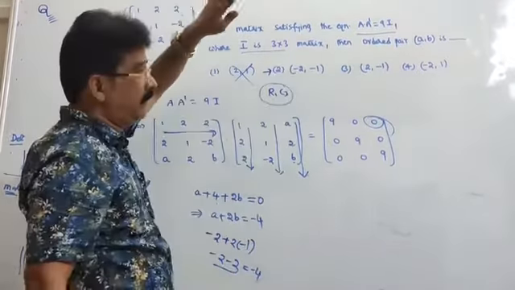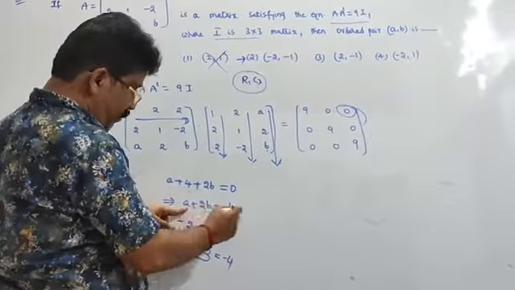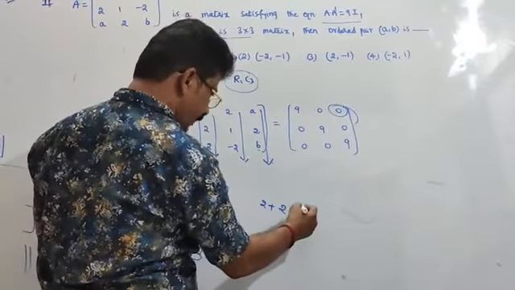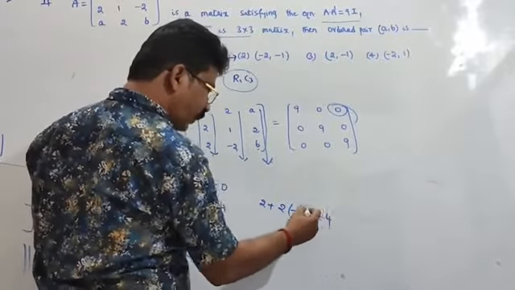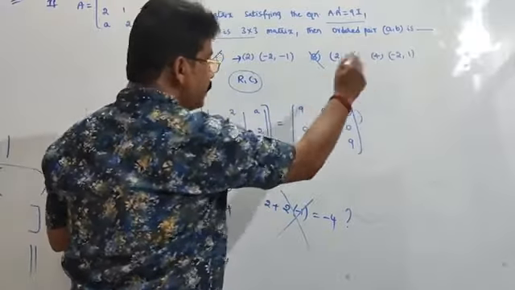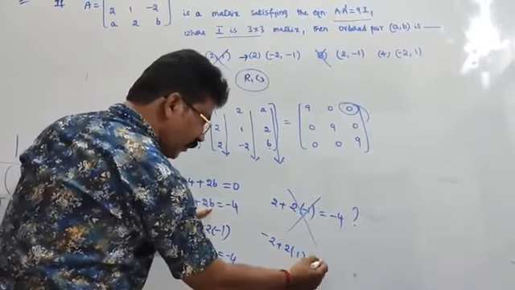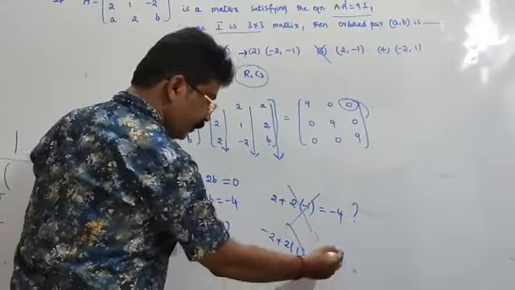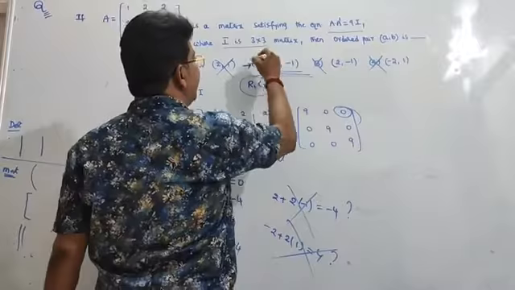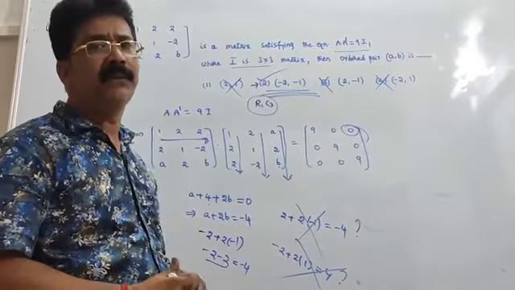Maybe the second option. Next go to the third option. A plus 2B means 2. A equal to 2, 2 plus 2 into B value minus 1. Is it equal to minus 4? No, so it is a failure. Next minus 2 comma 1. Minus 2 plus 2 into B value 1. Is it minus 4? No, so it also fails. The fourth option fails. Therefore only the second option is verified, so the second option is correct. A value minus 2 and B value minus 1.